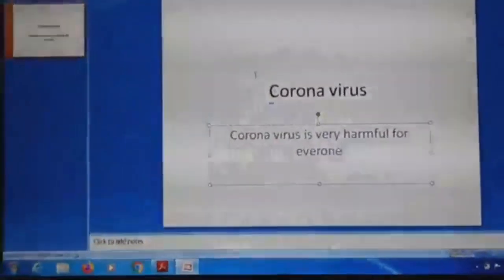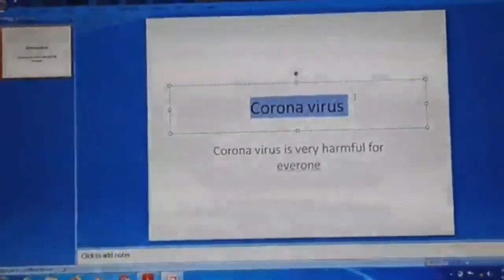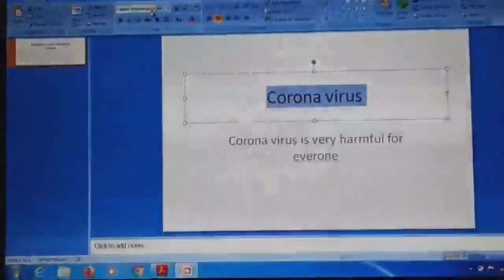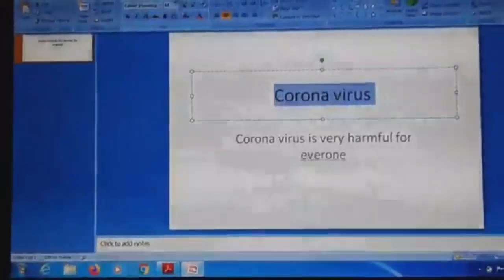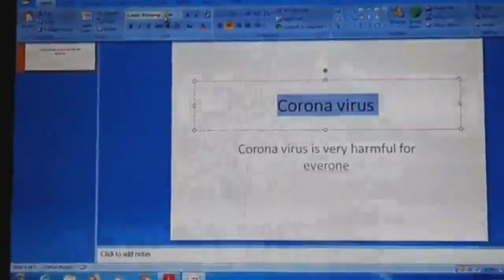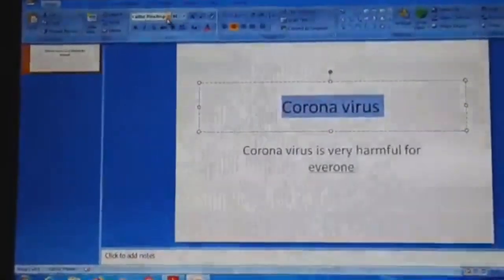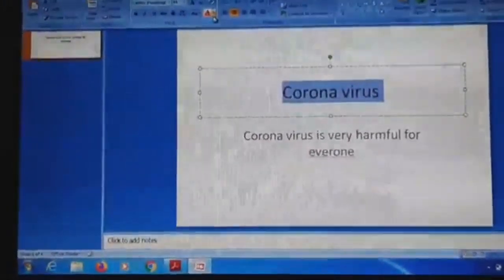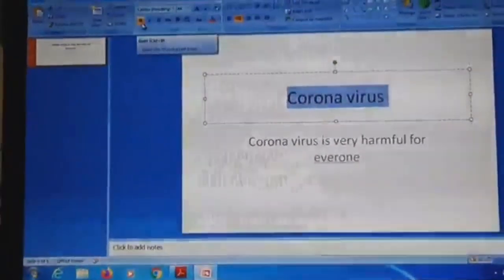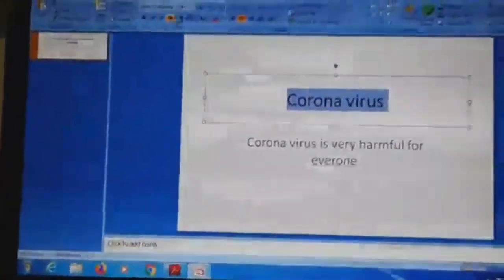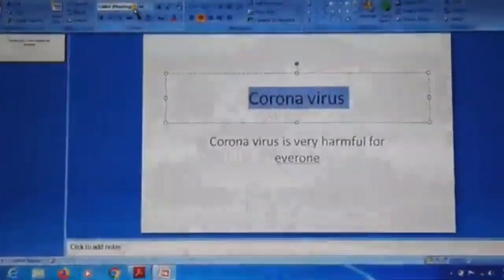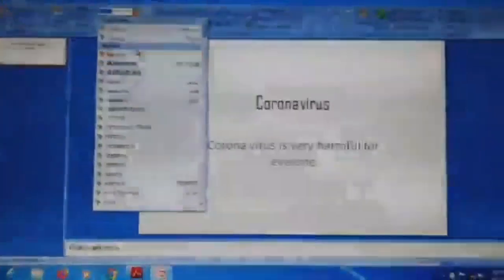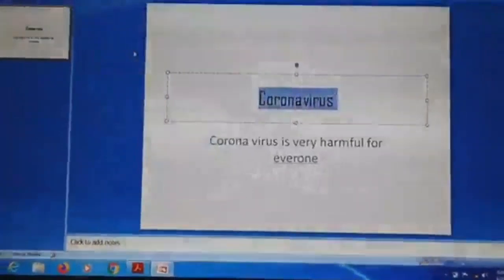Now we have to make the settings again from the Home tab. Go to the Home tab, choose your settings here. This is our font group. As you know from the earlier classes also, in the font group we are having our font size, font style, font color and different formats like bold, italic and underline. So you can choose all the things from here only, right? First of all, you can choose your font style. Suppose I'm choosing this.